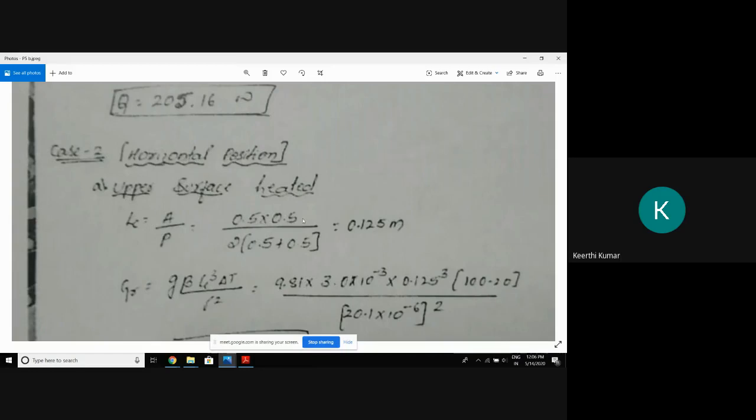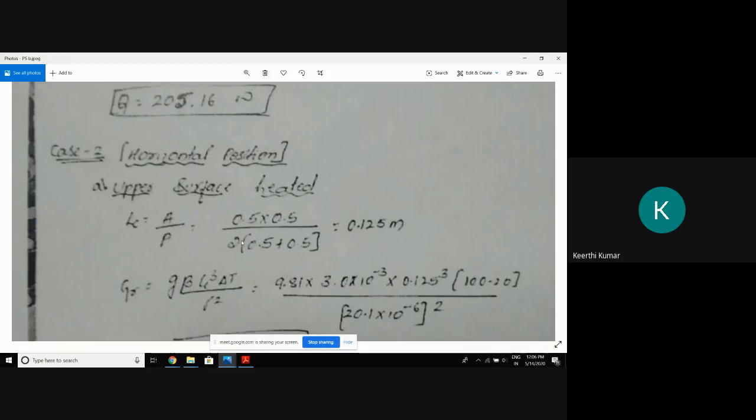See, this one you make a note. If the plate is kept horizontal, either it may be circular or anything, it may be in the form of a disc or a rectangular plate or a square plate, first we should calculate the Lc. If it is kept vertically, you just take the length which is perpendicular to the motion of the air. Okay.